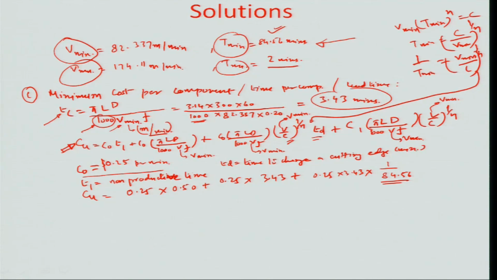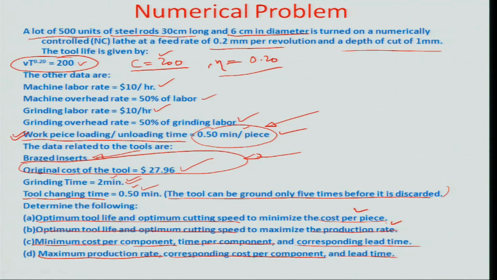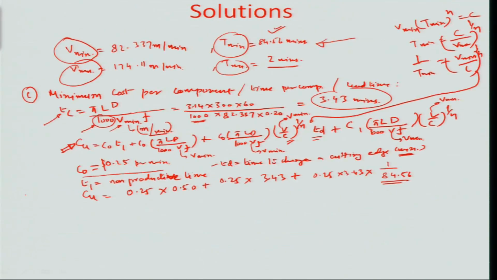This we had actually represented in one of the earlier lectures, how TD is coming into this equation. And so if we look back into the question, the time to change a tool in this particular case is 0.50 minutes. So the tool changing time, as you can see right here, is 0.50 minutes, and that we want to just plug in here as TD as 0.50 minutes, plus obviously the C1 value,